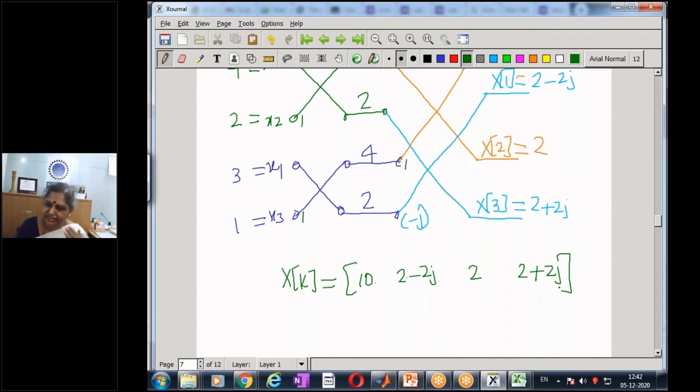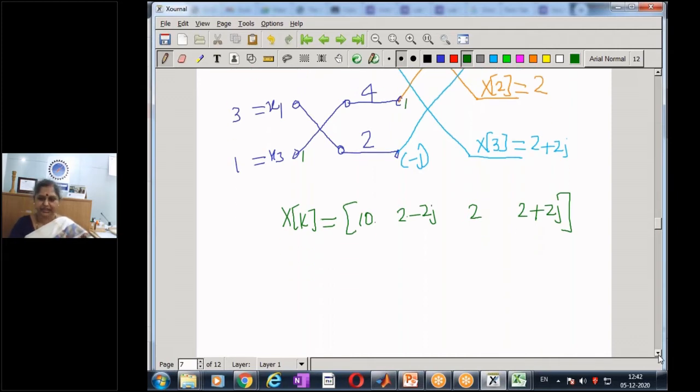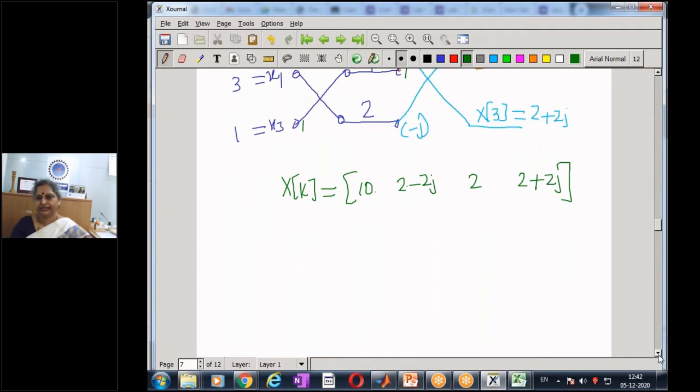So this we find is definitely easier than having a 4 cross 4 matrix. We write in the branch and then multiply, we get the same result. So we see the ease, and so it's so simple. Given any sequence, I can compute a 4-point DFT using this manner. Similarly, if I am given an 8-point DFT, let us see how to get the result.